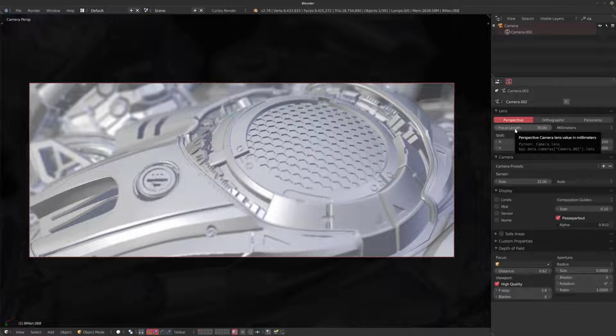In pretty much any movie that you'll ever watch, focal length is used to create different types of emotion during scenes, is used to tell you different things when you're looking at the image in a movie itself. So generally, if you have a focal length that's lower than 50, you've got a wide angle lens, which means you're trying to convey a lot of information at once. You're trying to show as much as you can in one go.